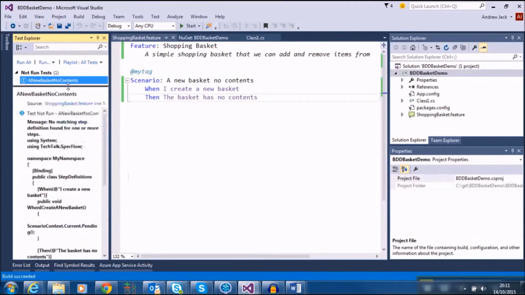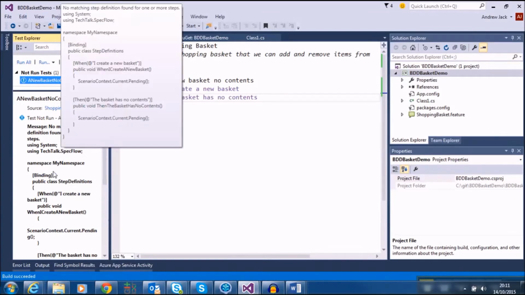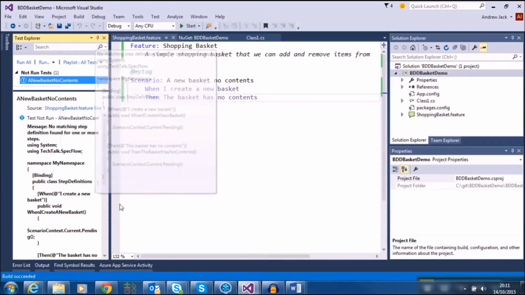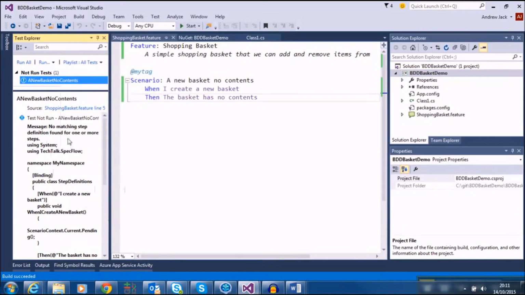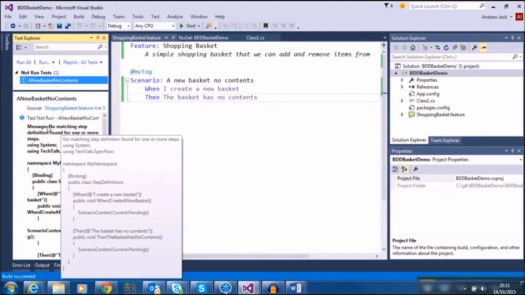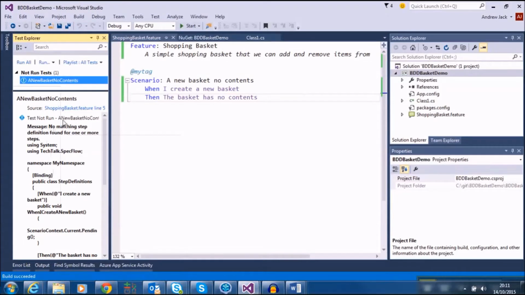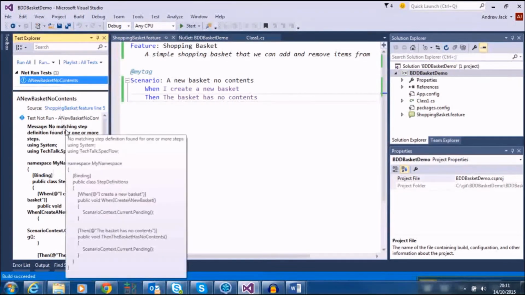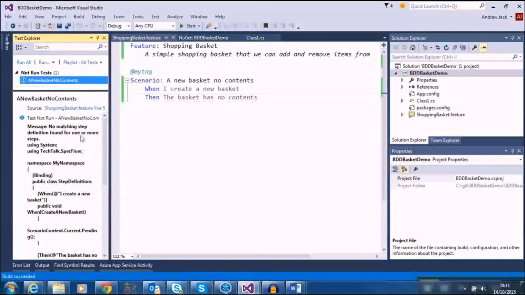And if we look down here, what's it actually telling us? Test not run? Yeah, it says test not run, message, no matching step definition found. And you'll notice it's given us some code. Yeah, it's given us code with an attribute giving us the English that we specified. That's right. So what we do is we can copy this,